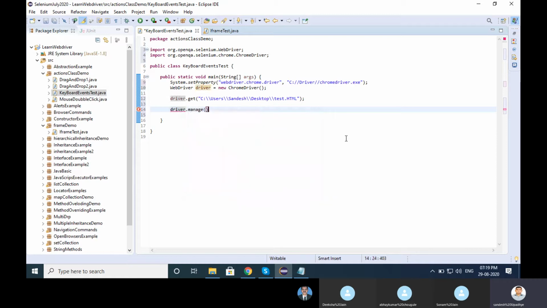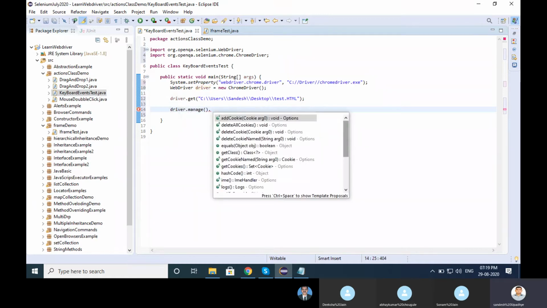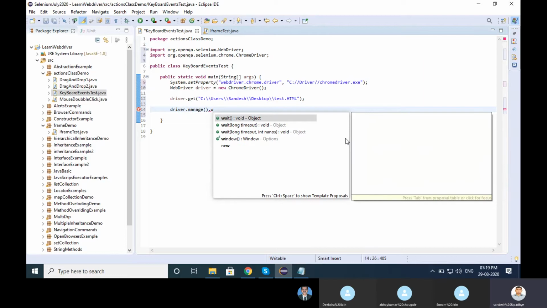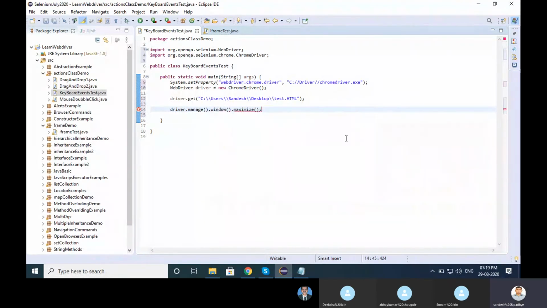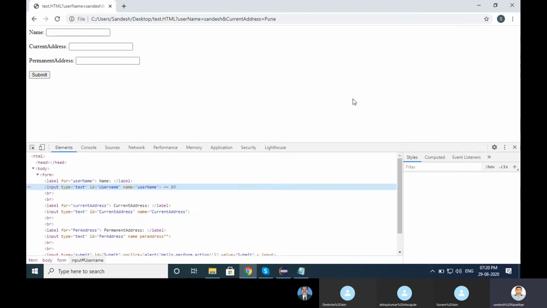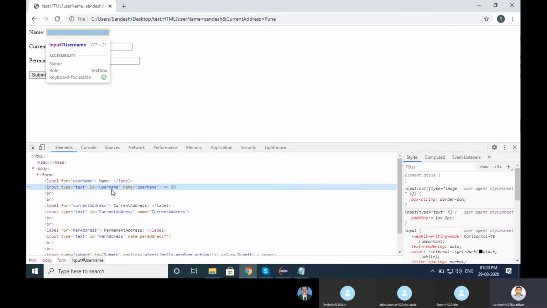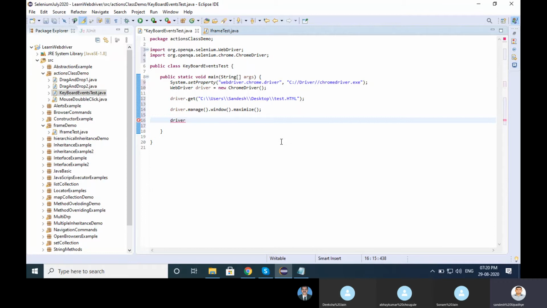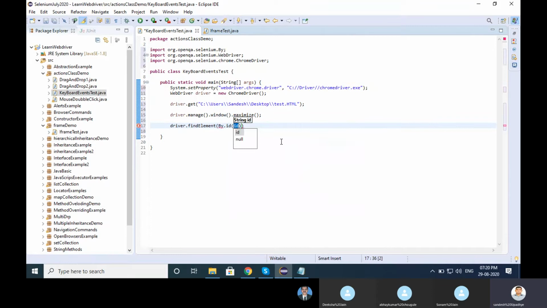Driver dot manage dot window dot maximize. Let me inspect these things. I have the ID, right? Copy. driver dot findElement by dot ID and paste that ID.